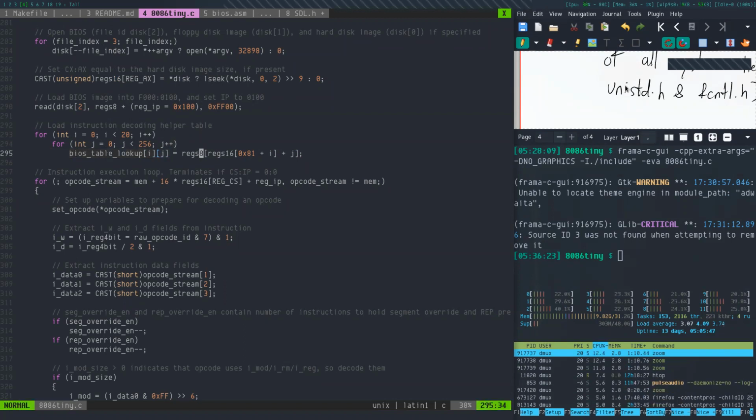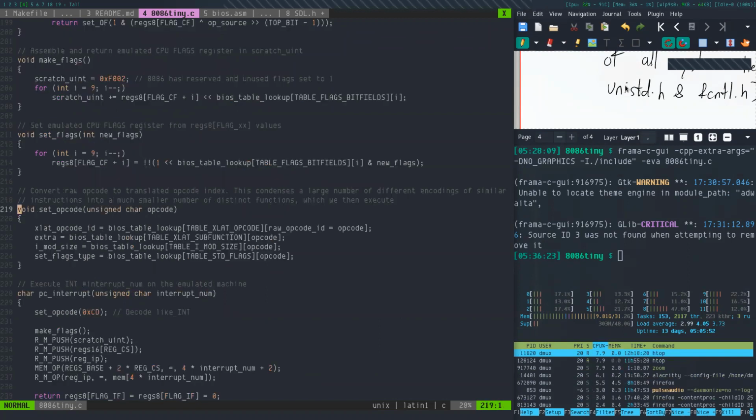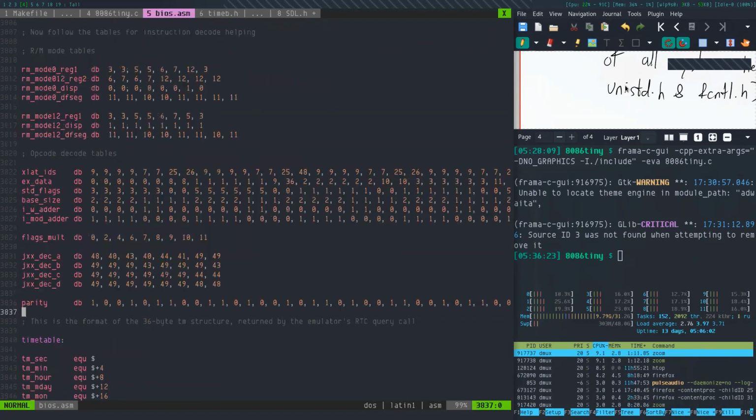So for example, if we wanted to do it for just one of these lookup tables, say if you go here, you have this particular lookup table, the XL80 opcode table, right? If you wanted to do it for just this table, you could take this,